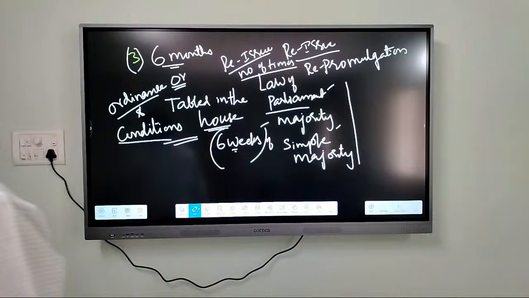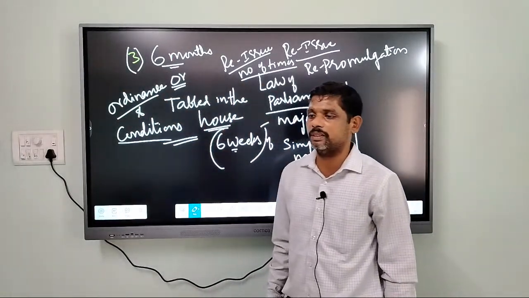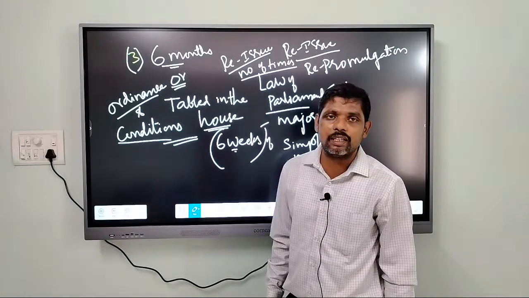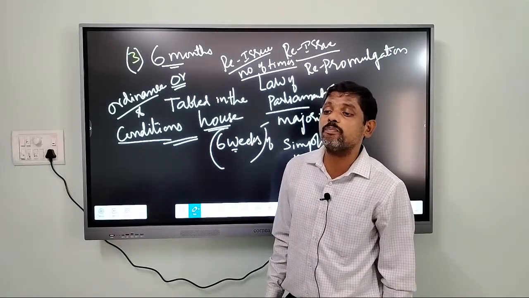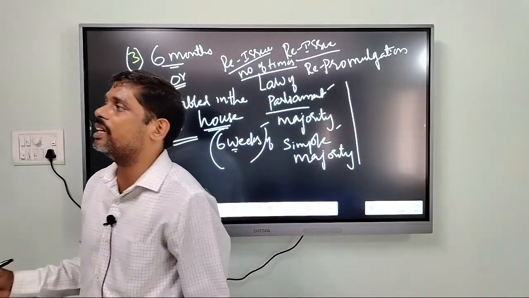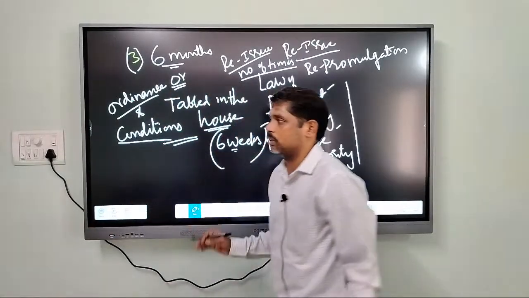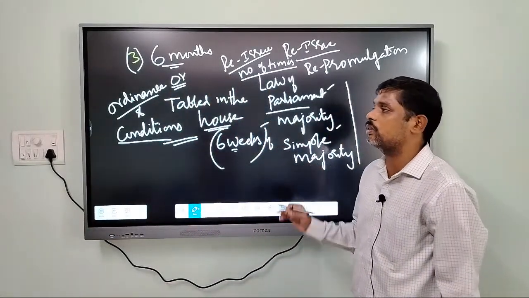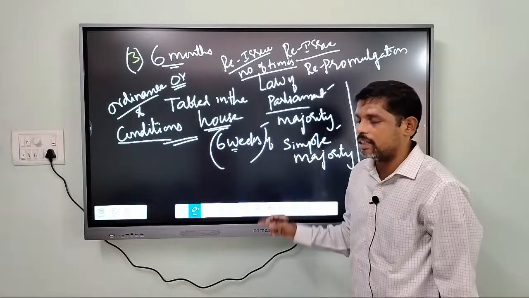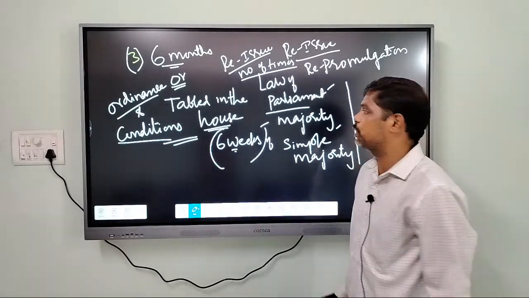So don't think of it as misuse of powers. Alright, so definitely it is misuse of powers by the President of India. If there are no satisfactory grounds to issue the ordinance, then definitely such an ordinance will be treated as a misuse of powers.